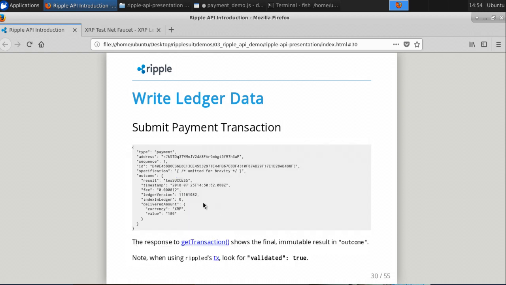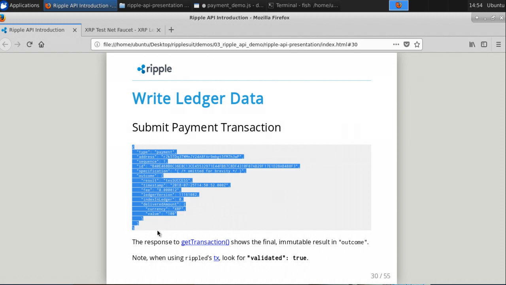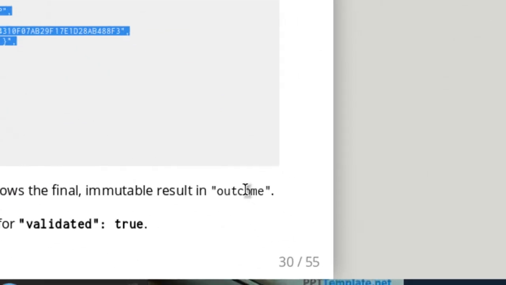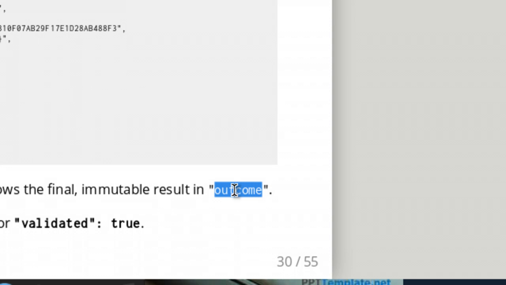So this is the payload you need to submit, and you will get the provisional response, and you will have the transaction hash with you. You are going to use that transaction hash and look for the get transaction, and then there is the outcome result, and you need to see whether validated equals true or not.